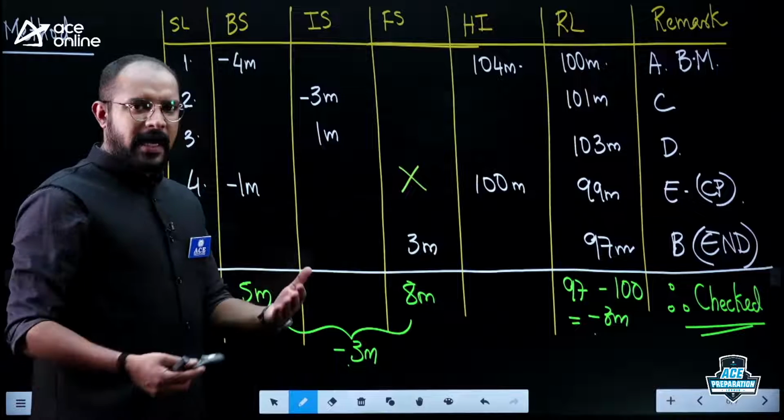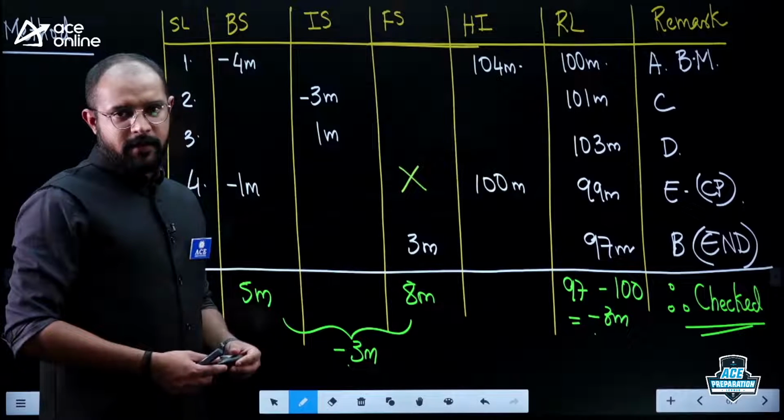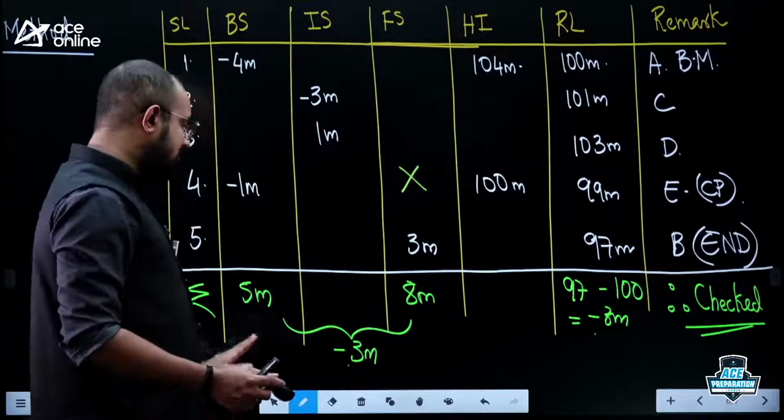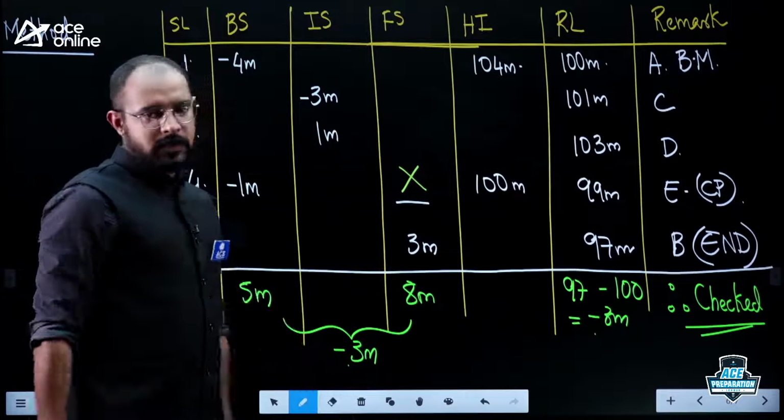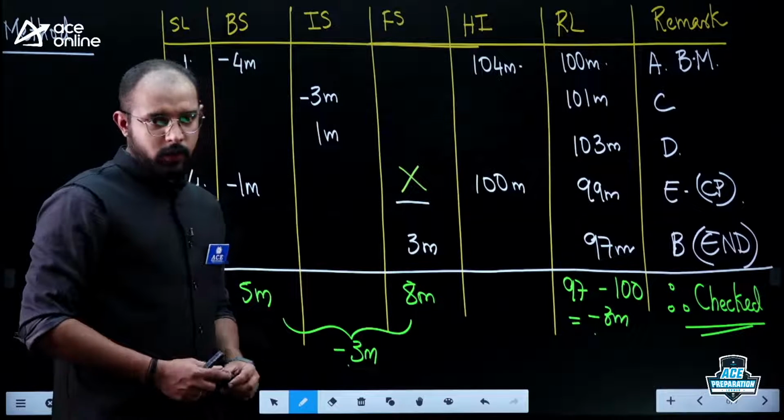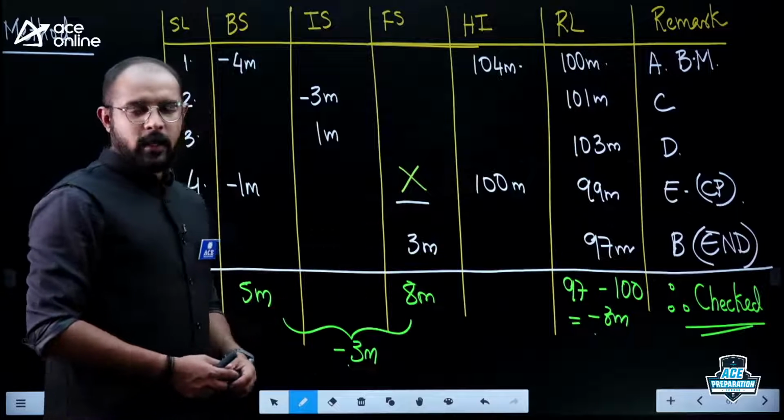If you do your calculations with the HI method or the rise and fall method, yes, you can get it, but in the hurry of the examination, you may get some small confusion. To avoid all such confusion, just apply the arithmetic check to find out this missing value. That is what you are supposed to do. Like that, they can frame a question in your GATE examination.